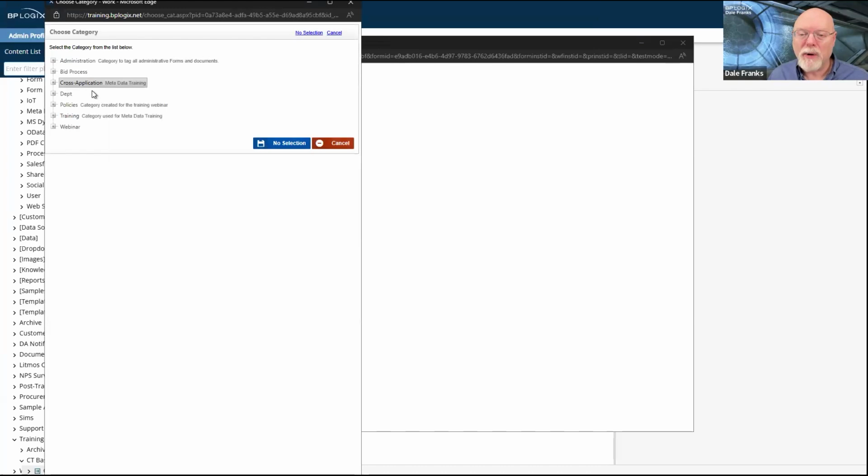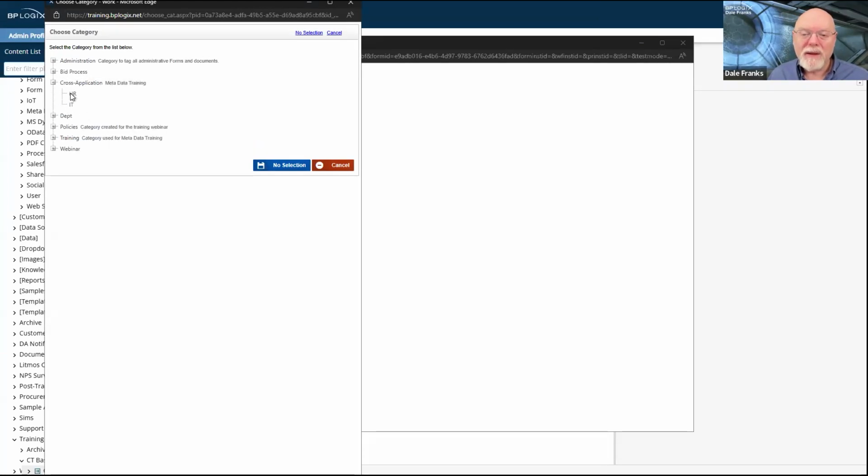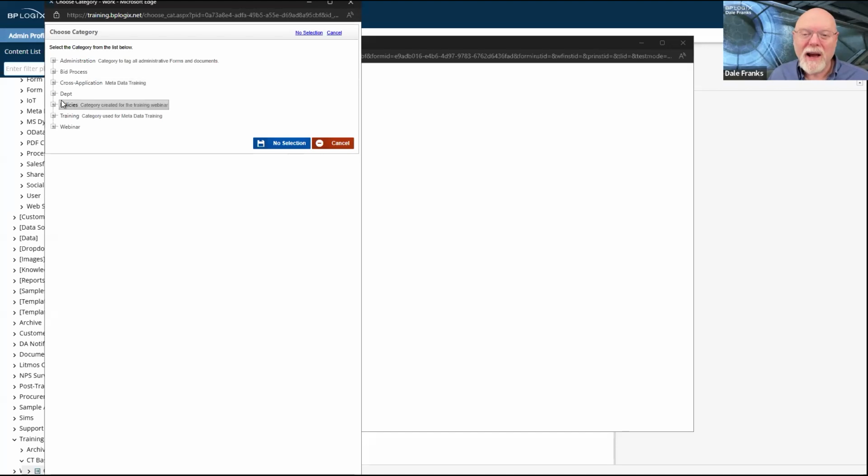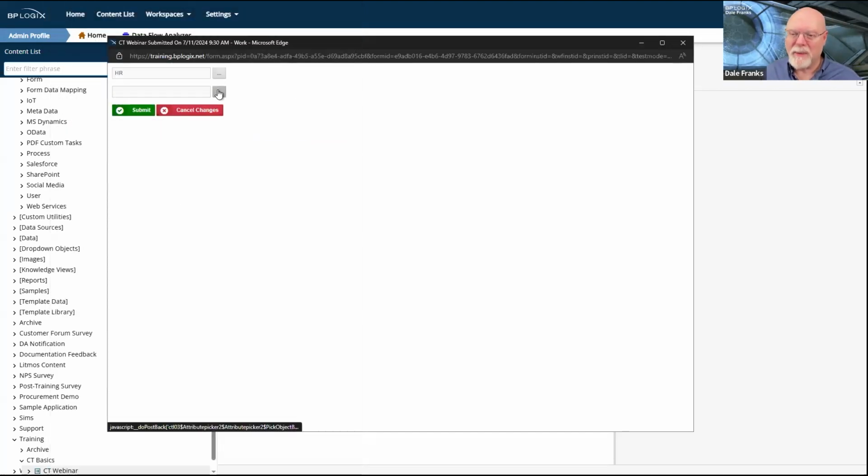This is perfect. I'm just going to this cross application metadata HR. And again, I should not have done this because none of my attributes are going to be pickable from here. My attributes are all like text attributes. I'd need a text or a date field to actually set those values. In any event, you would think that just by filling this out and hitting submit, that it would apply that metadata to that form instance that I just submitted.